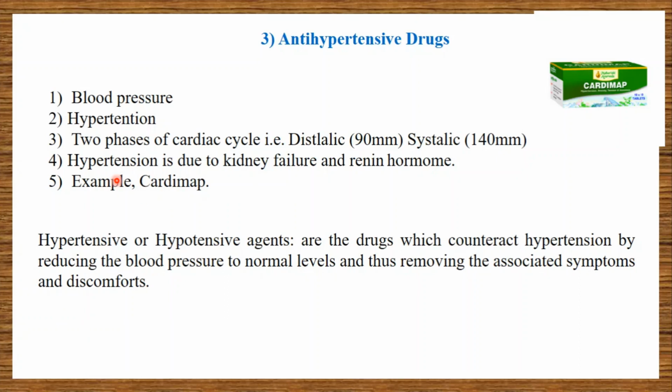Hypertension is the condition in which the diastolic pressure exceeds 90 mm and the systolic pressure exceeds 140 mm, which manifests in symptoms such as tiredness, dizziness and headache. Hypertension is due to kidney failure and the renin hormone, which constricts the arterioles and causes deposition of cholesterol, which thickens the arteries. All this resists the flow of blood and increases the blood pressure. And the drug which counter-reacts hypertension by reducing the blood pressure to the normal level, that is 90 and 140,